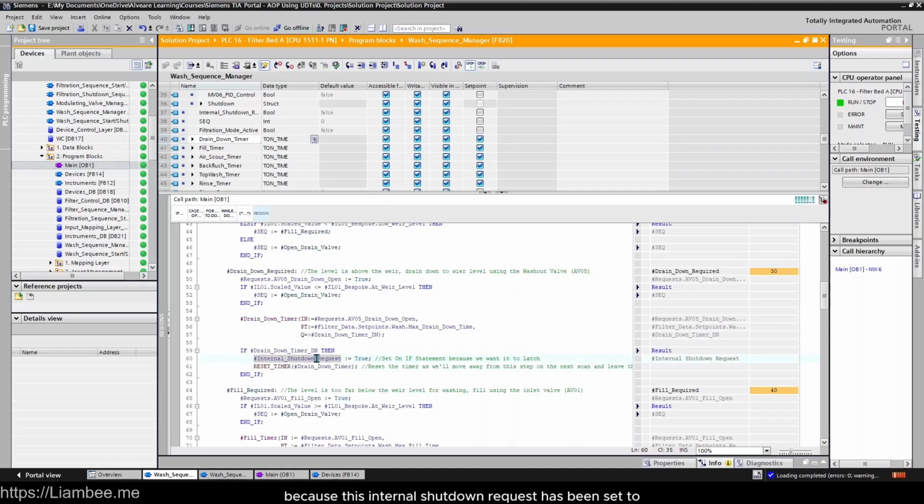Because this internal shutdown request has been set to true and we're shutting down, there is a step later on that moves us to a different step out of this case statement. So that's why we're doing the reset timer. I know that's quite a lot to take in, but what's happening in the correct sequence, if everything was to work correctly,